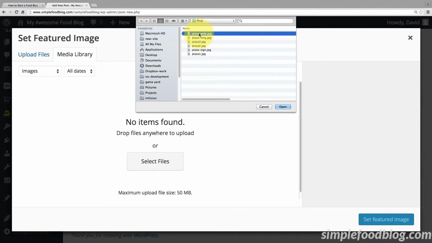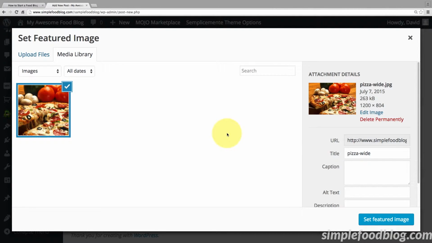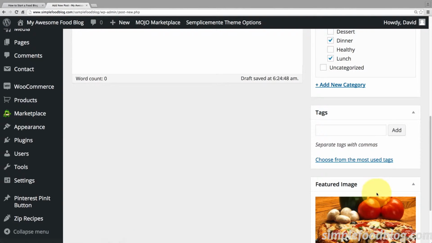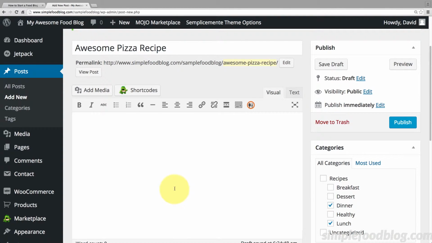And we'll select this image. Awesome. Now it's uploaded. We'll go over and click on Set Featured Image. And the image will display. Okay, great. Now we're going to add a gallery to our recipe. So go ahead and click on Add Media,